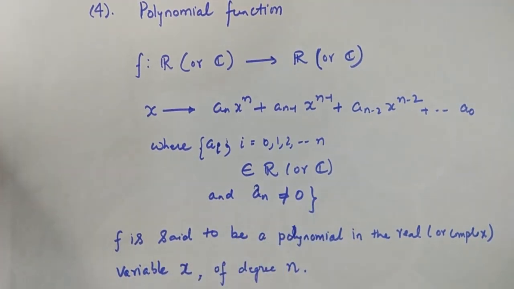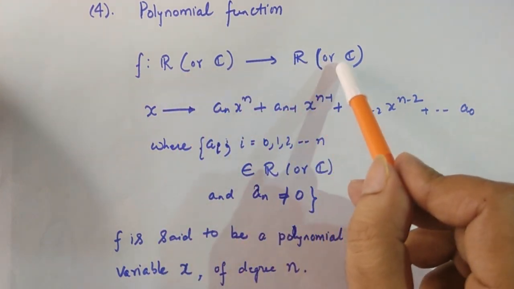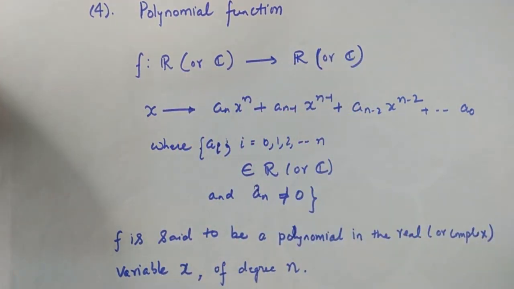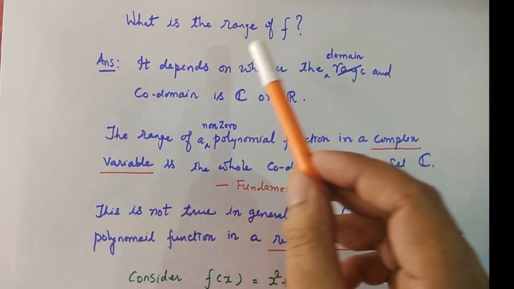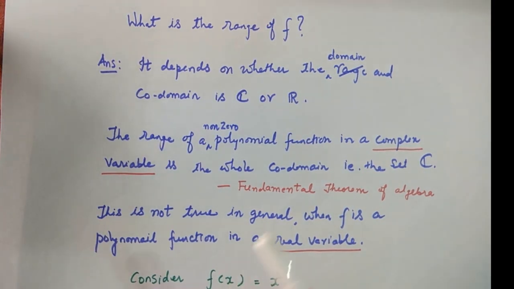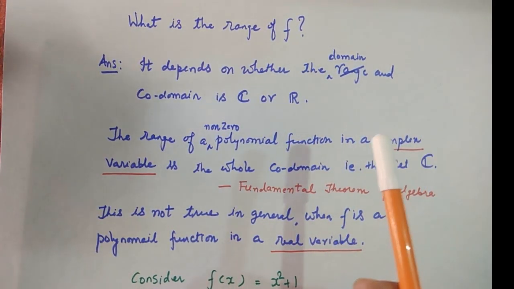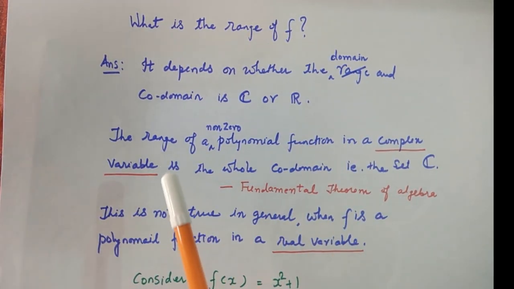In this case, f is said to be a polynomial of degree n in the real or complex variable x, depending upon what our domain or codomain sets are. We ask the following question: what is the range of f? The answer to this question depends upon whether the domain and codomain is C or R. The range of